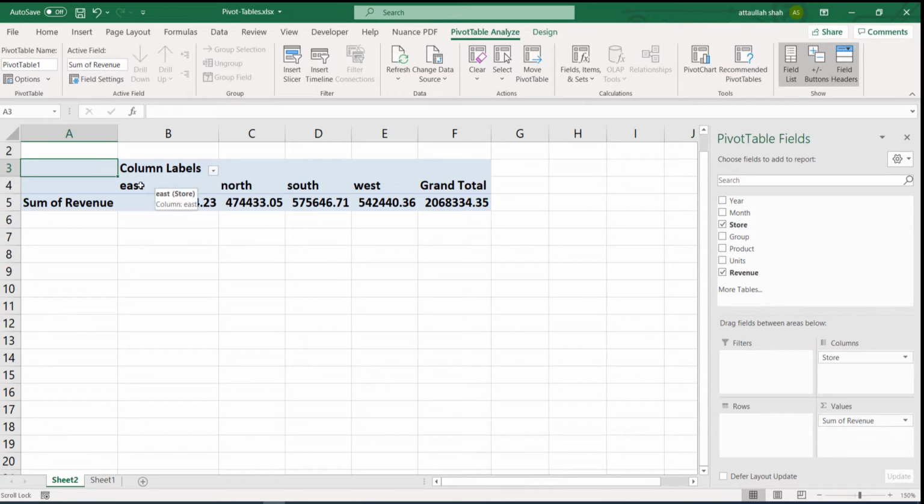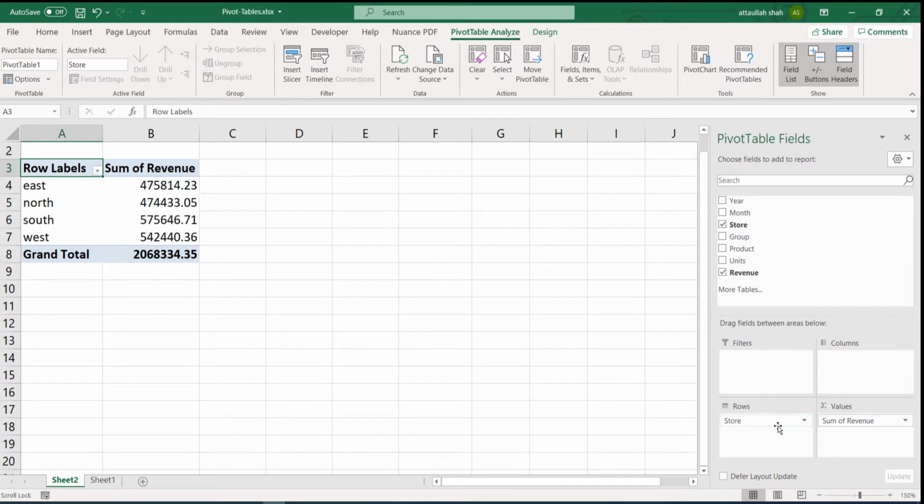So it's a good idea to ask yourself how the report will look better. I think if you have lots of categories of a given variable, it's better that you put them into rows. So now I think this way the report looks much better compared to the previous one.